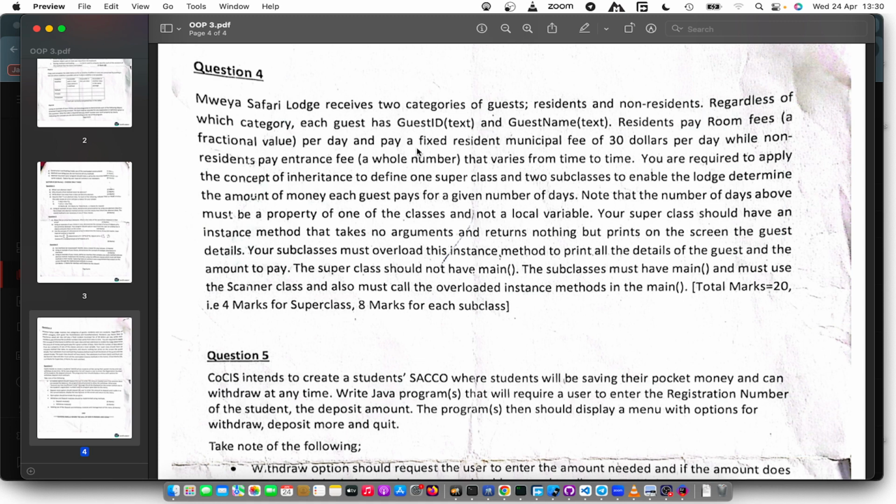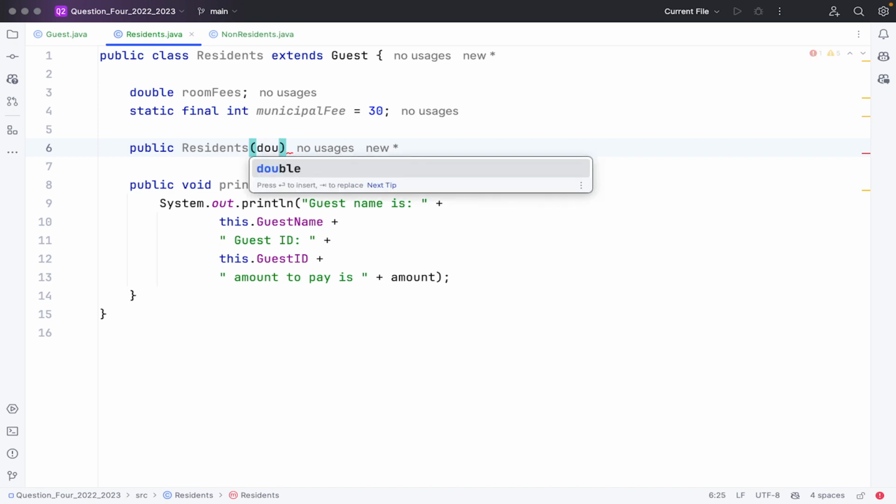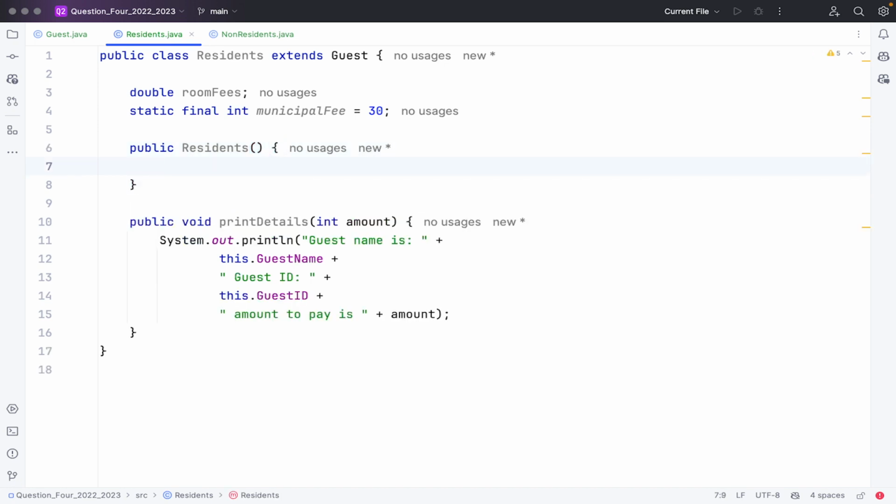I think the room fees will vary depending on whichever amount we want to charge, because here it's not specified in the question what the room fees are. Okay. So let's say this is going to be, no, let's not put anything there. Let's leave it as it is, and then we shall say